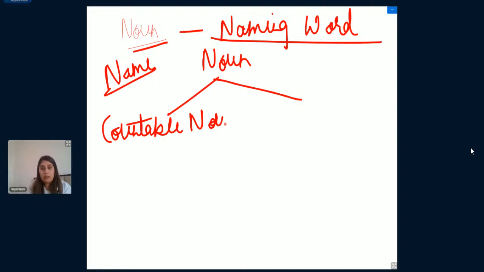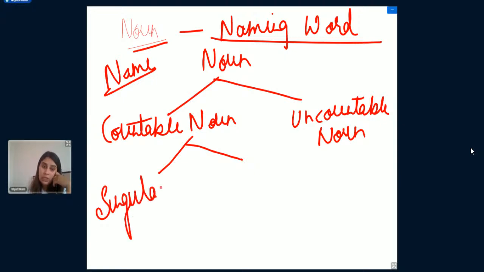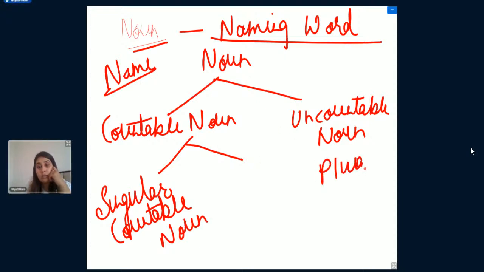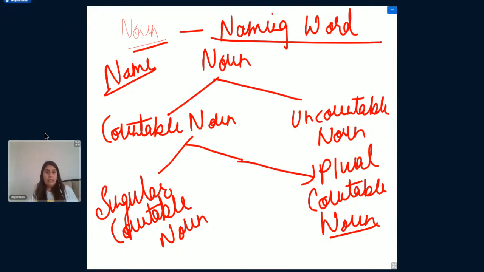Countable noun and uncountable noun. On a broader level, noun is divided into 2 parts, countable noun and uncountable noun. Now, countable nouns are further divided into 2 parts. Singular countable noun and plural countable noun. Okay, before discussing singular countable noun and plural countable noun, let me clear one thing for you,